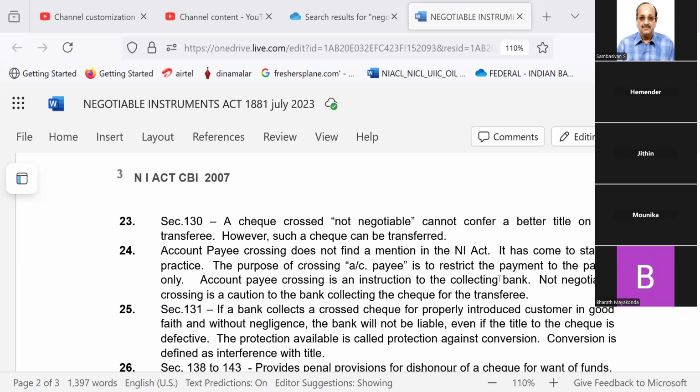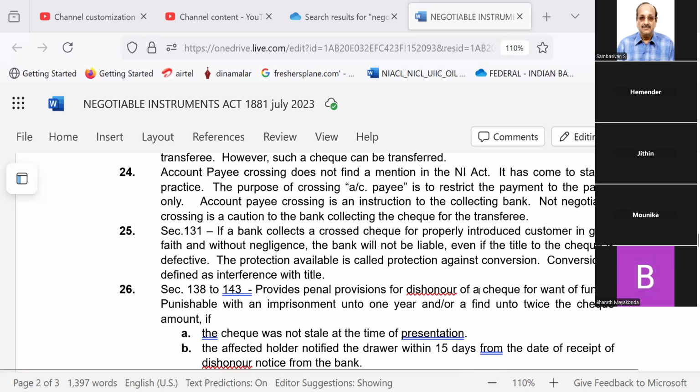25. Section 131. If a bank collects a crossed check for a properly introduced customer in good faith and without negligence, the bank will not be liable. Now, if the title to the check is defective, the protection available is called protection against conversion. Conversion is defined as